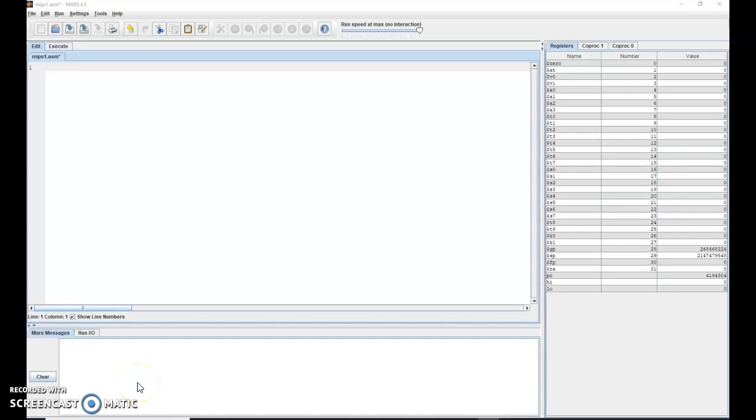In this video, we'll create a simple program to display an integer to the console. That would be the Mars console down here. So before you begin, in your text editor, you need a .data section